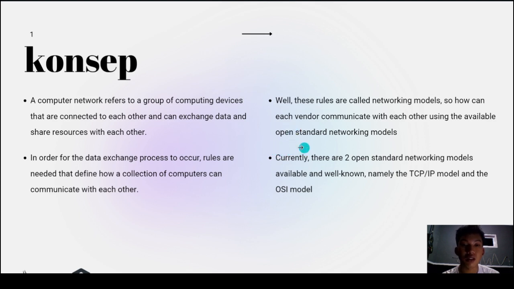These rules are called networking models. So, how can each vendor communicate with each other using the available open standard networking models? Currently, there are two open standard networking models available and well known, namely the TCP/IP model and the OSI model.